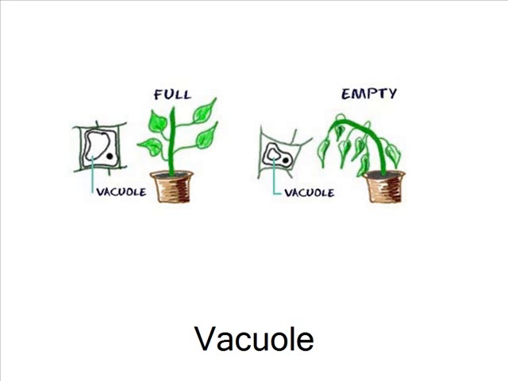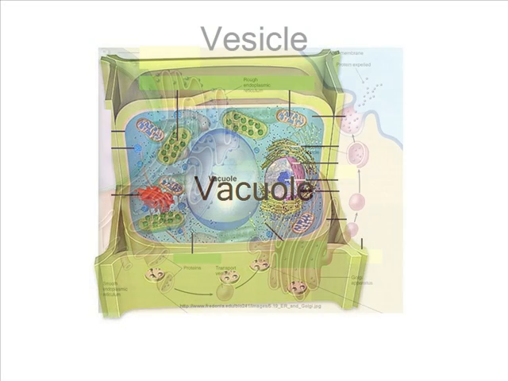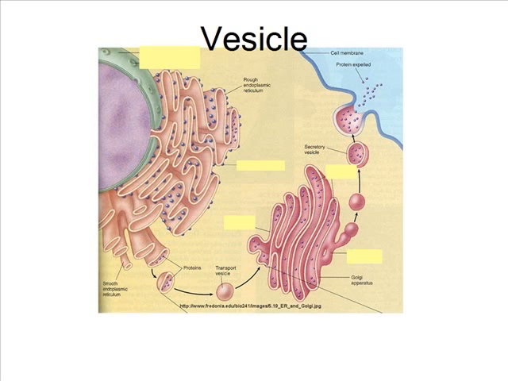Next, there is the vacuole, which in a plant cell is very large and helps with structure. It is a membrane-bound sac that stores materials. Then we have the vesicle, which is much smaller than the vacuole, and there are two different kinds, the transport and the secretory vesicles. The transport vesicle carries what the endoplasmic reticulum produces to the Golgi. The secretory vesicle carries Golgi-modified products to the cell membrane, then it fuses with the cell membrane, releasing the contents